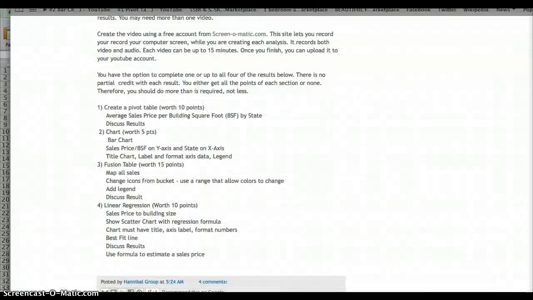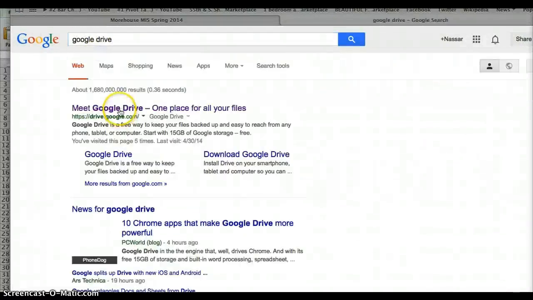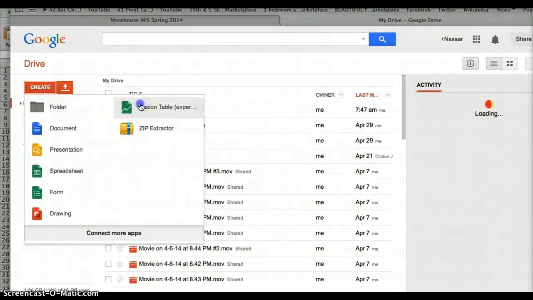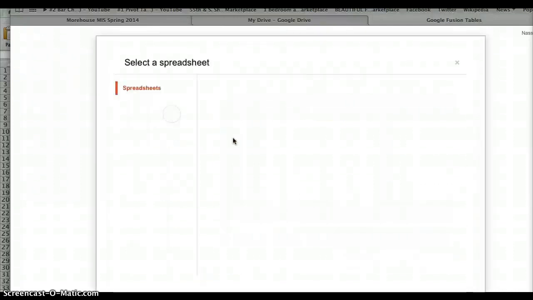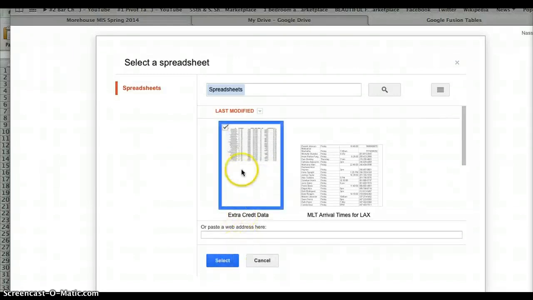Now we have to go to, let's check this out real quick. So if we go over to our Google Drive, we can go ahead and create a Fusion table. When creating this Fusion table, I need to pull up the data on the spreadsheet. So I'll go ahead and upload this really quickly. The extra credit data is the one that I'll be using. So once I select it,